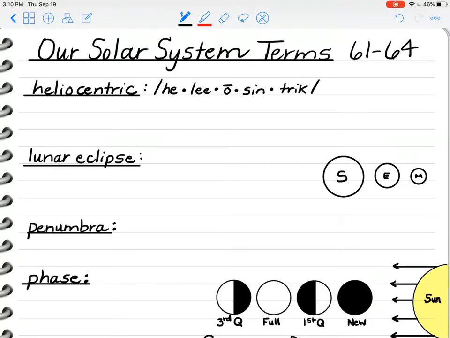Heliocentric. This is a Greek term. Helio is Greek. And this is the theory